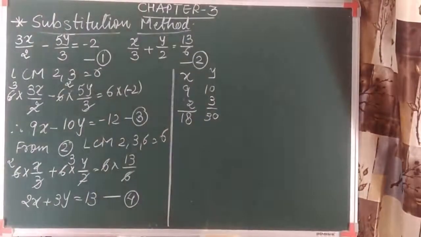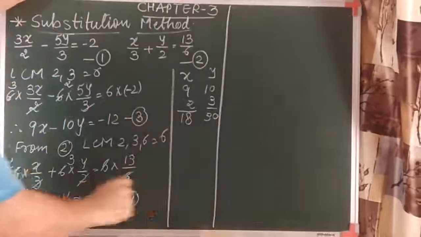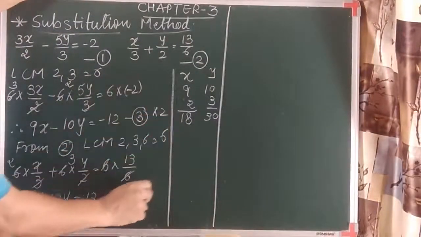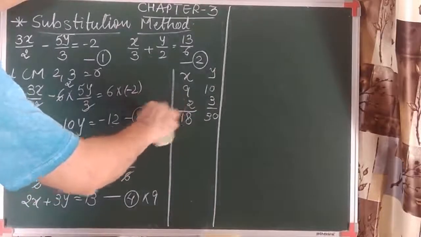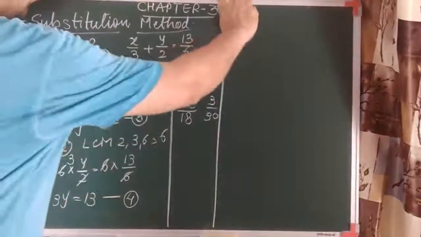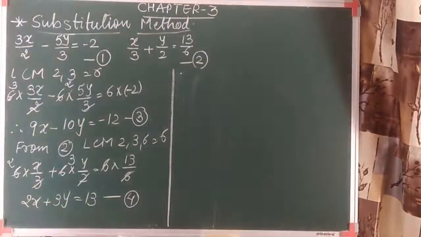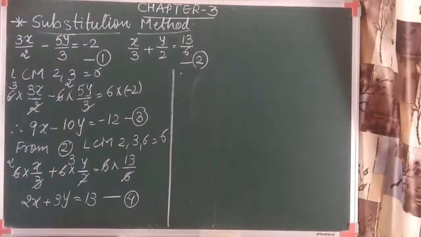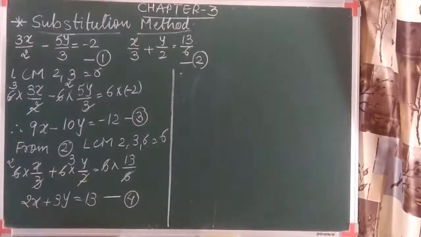Let's make the coefficient of x equal. How will we make x equal? By multiplying equation 3 by 2 and equation 4 by 9, which is not compulsory to do. So let's do this the other way, the usual method, I just want to explain it. So no need to check the coefficients whether equal or not. Let's make x the subject from equation 4, which is quite easy. If you get it, then go for this method. If you are not getting it, then the usual method we have done in the previous 4 questions you can go for.